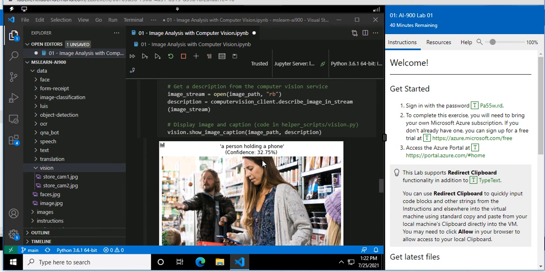Now you can do this for your own images also. Either you can use the images already available in the folder or you can upload your own images. You did not write much code because you used the pre-built model that is available in Microsoft Azure. So if you want to develop an application which needs to interpret an image, you can very well use Microsoft Azure services.